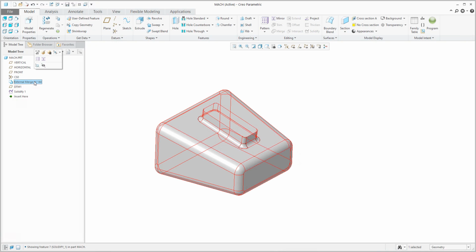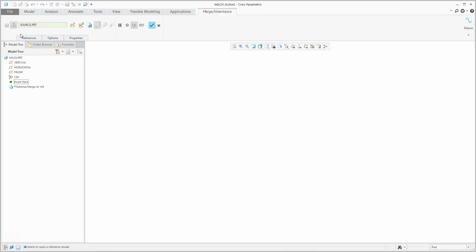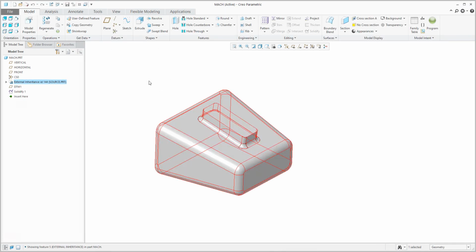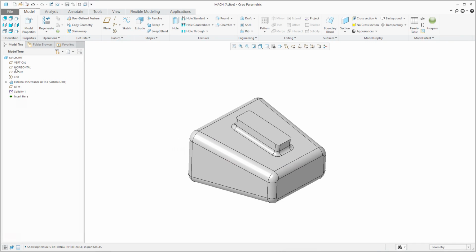So what does it mean? I will use the functionality edit definition. I will jump into the merge inheritance feature. Right now, the functionality was merge. We have merged two models. But if you toggle this functionality, toggle inheritance, the system will show you in the machining model the feature external inheritance. What does it mean? Right now I can see the feature from the source model,